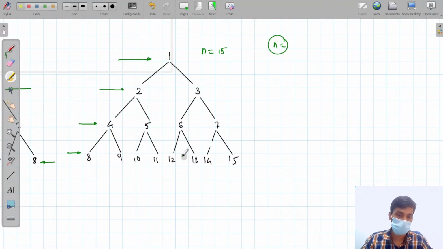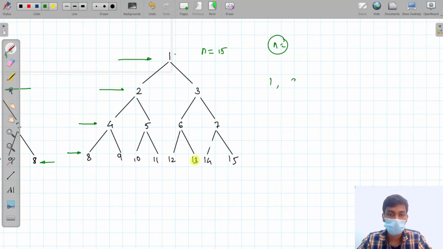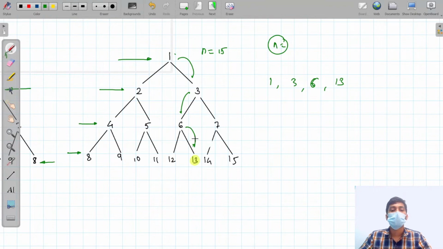What I am trying to say, let's take this 13 into consideration. Let's say that if I am currently standing here, I have to find the whole path to reach 13, that is 1, 3, 6 and 13, right? It is saying that return me this path as an answer, or it is just saying that if a number is given to you, then